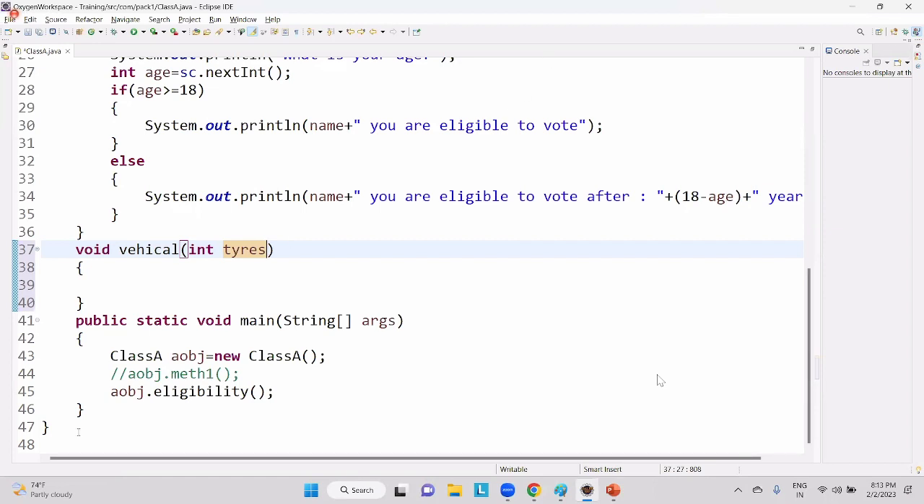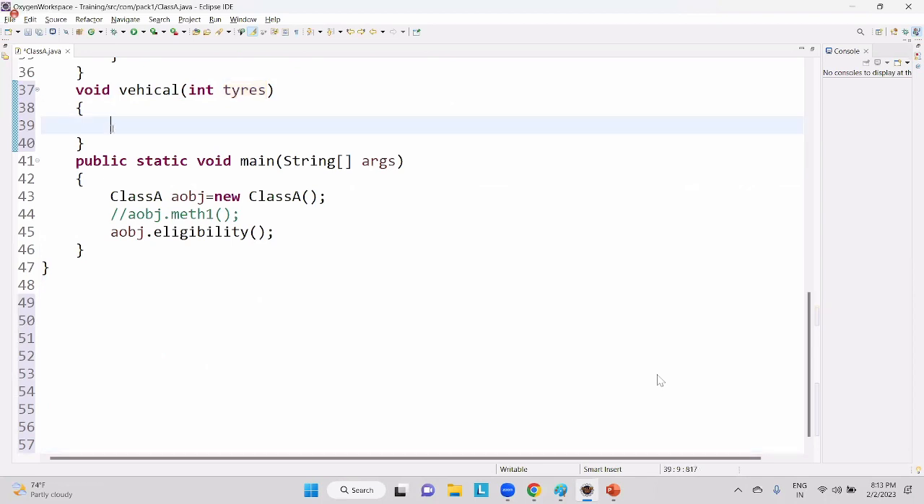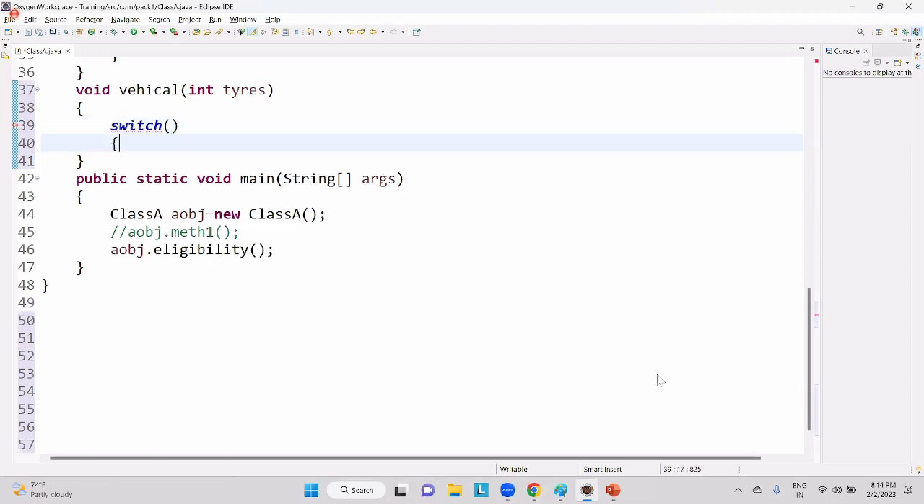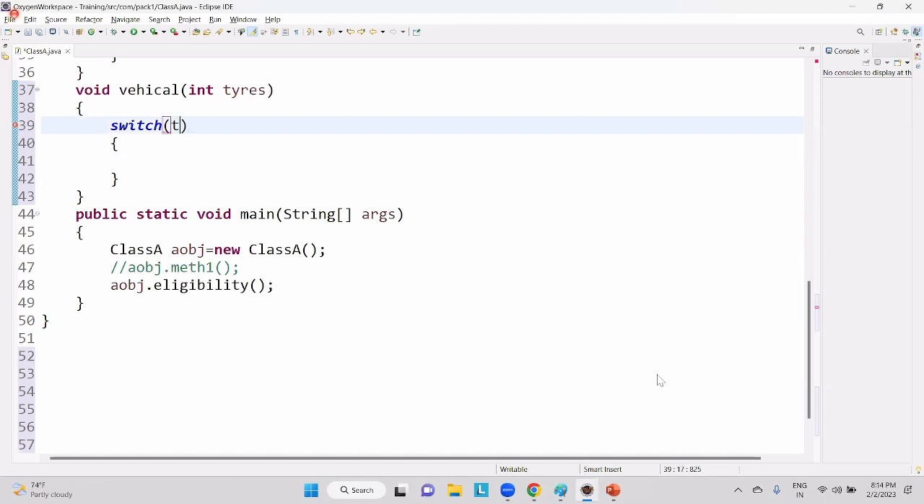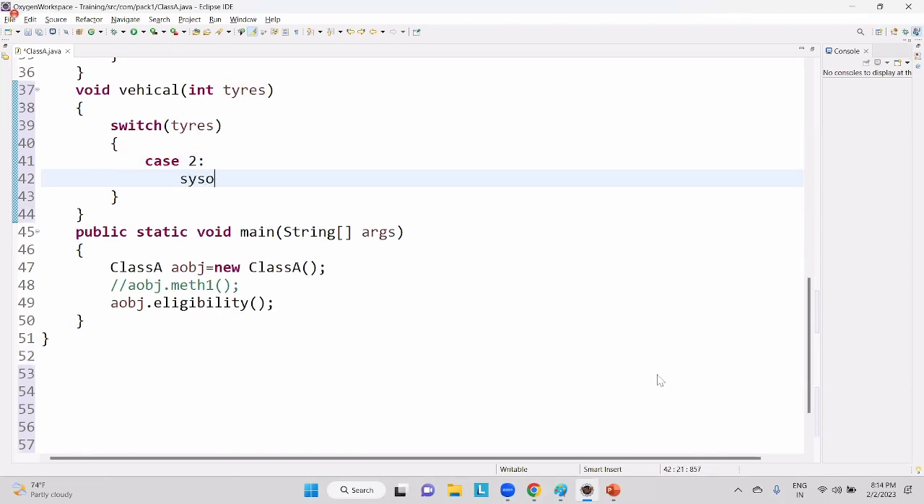Now I'll be using switch case. System dot out dot println is not required. Directly I'll try to go with the number of tyres. Just switch and tyres, and case 2. System dot out dot println, it is a light